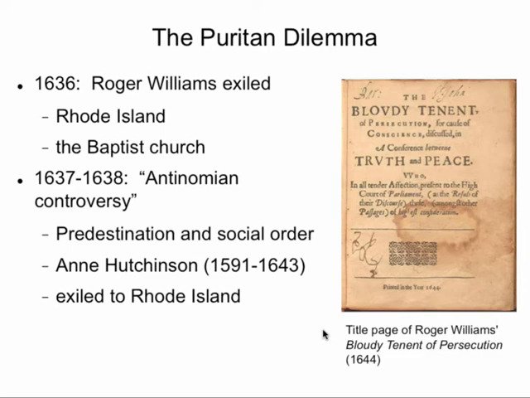Another religious misfit who got in trouble in Massachusetts Bay was a rather extraordinary woman named Anne Hutchinson. Anne Hutchinson had in her home in Boston basically what we would call a women's Bible study group that met regularly, and that was quite common among the Puritans, wasn't anything unusual. But Hutchinson was a very intelligent woman, very well read in the scriptures, and she began sharing her own theological opinions about the Bible with the women in her group, and gradually news got out that she was teaching some fairly radical ideas. And it was said that she was telling her followers that if you were a Christian, you really didn't have to worry about following the laws of society, that you could go to heaven even if you